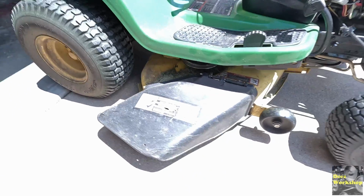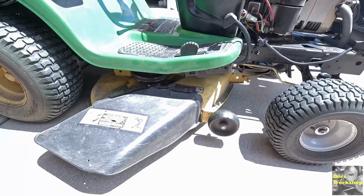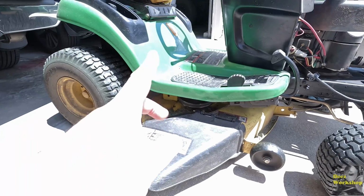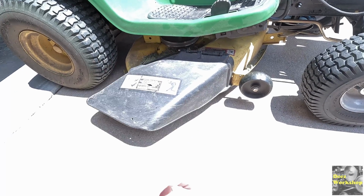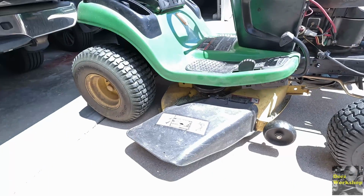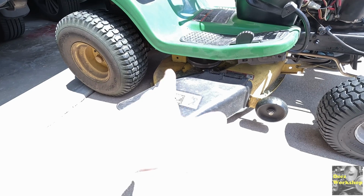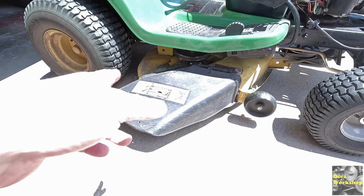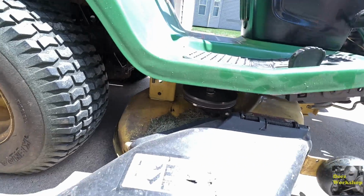Alright, pretty sure we got this thing leveled now. So the instructions say to put the deck where you want it to be and then measure from the ground up, all that kind of stuff. I did that, but I know from usage that this side cuts lower than the other side. So I was looking, and the instructions say there's some bolts to tighten up. I was looking down here, and you can see